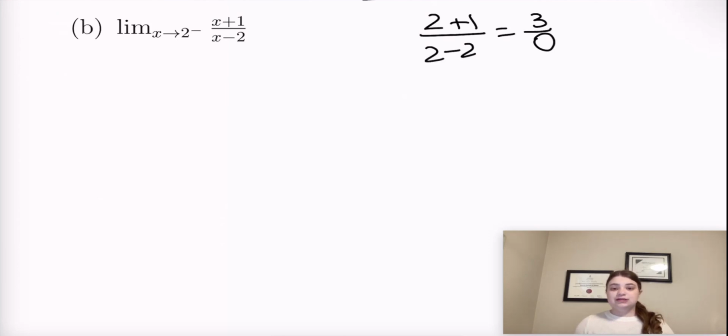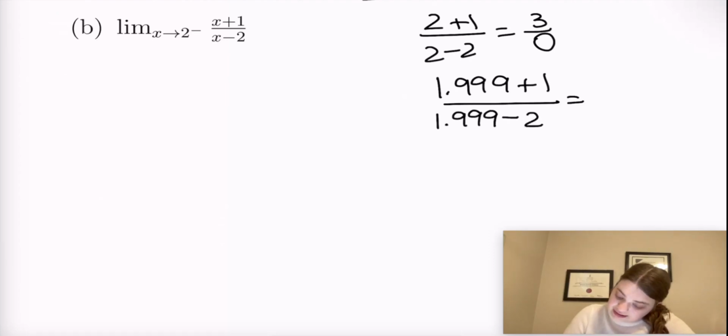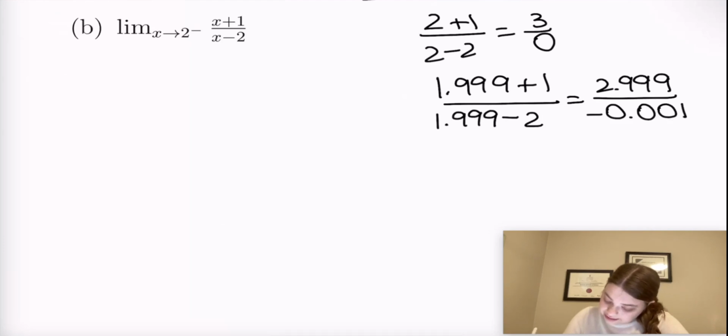I'm going to directly substitute 1.999 to figure it out. So let's do that. 1.999 plus 1 over 1.999 minus 2. So in the numerator, that is going to be 2.999. So essentially very, very close to 3, very much approaching 3. And in the denominator, I'll get negative 0.001. And as I keep getting closer and closer to 2, I'm just going to get smaller and smaller. Well, I guess I'm going to have absolute values that are getting smaller and smaller, closer and closer to 0